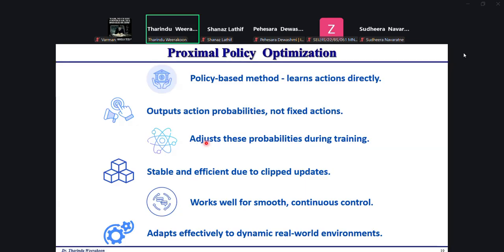And the adaptation efficiency of the PPO algorithm is high in dynamic, real-world environments compared to the previously discussed two algorithms. So we implemented this PPO in our robot as well.